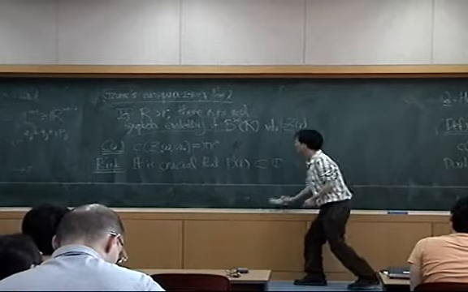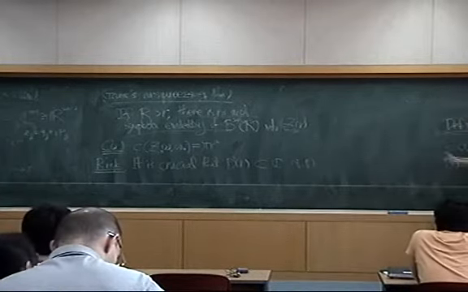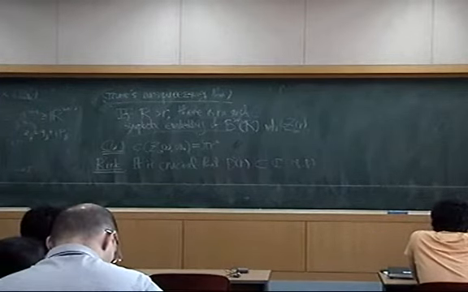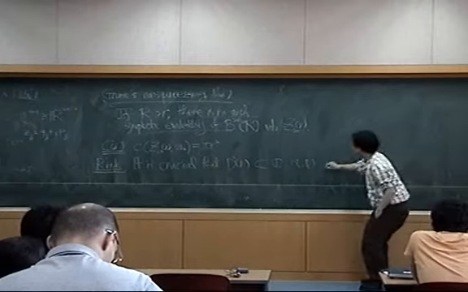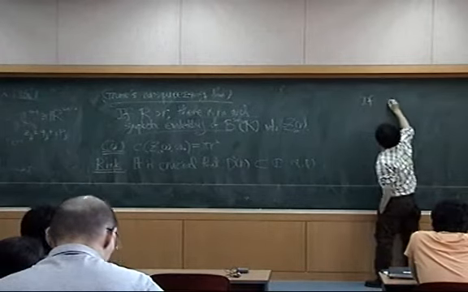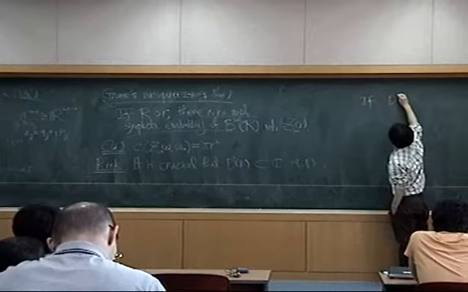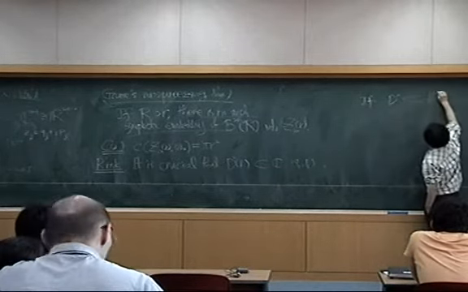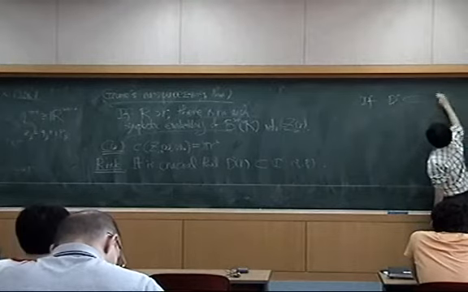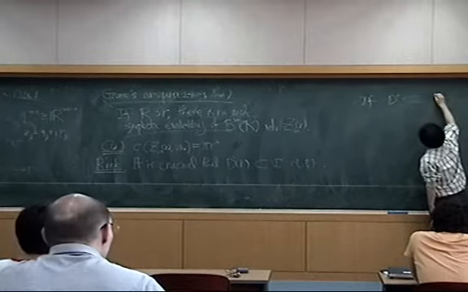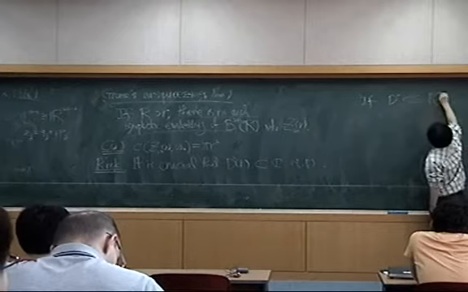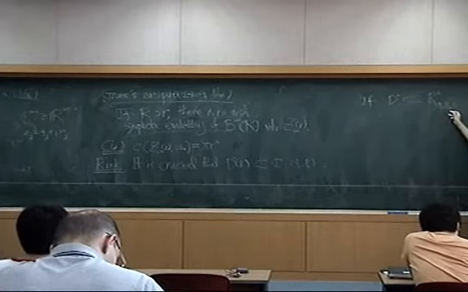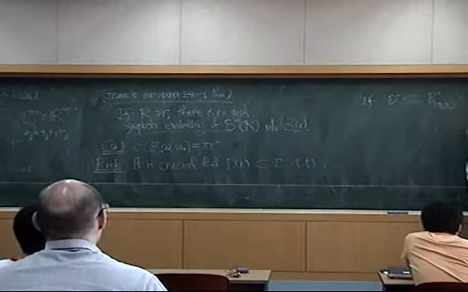But if you choose this disk D2, let's say, contained in R2, the Q1 and Q2 coordinate plane, not Q1 and P1, cross the rest,